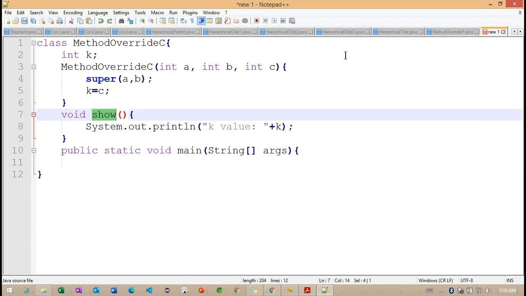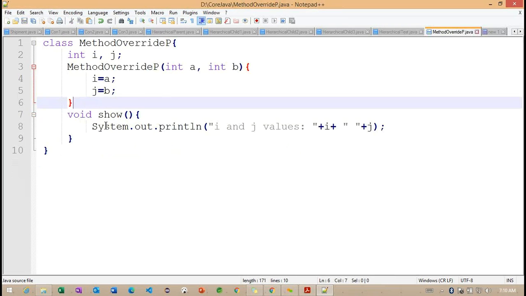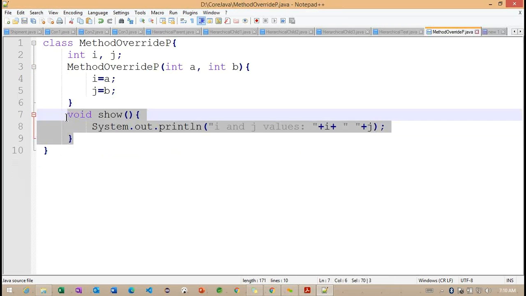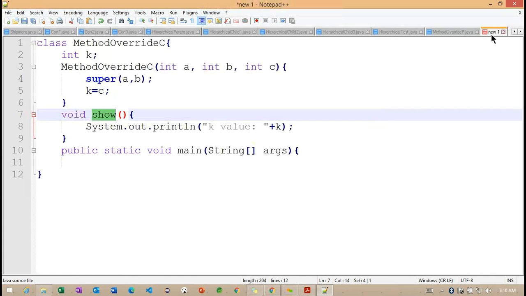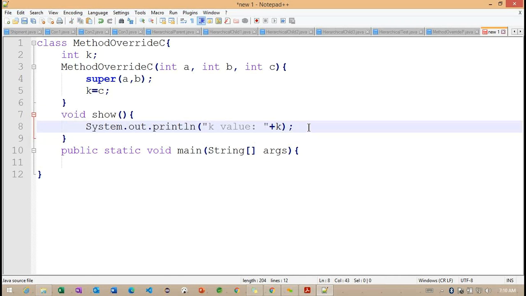Why is the subclass show method going to be called? Because in the parent class we already defined one show method, right? The same name and the same signature. So we are defining it in the subclass here. So this particular method we are going to call method overriding here.